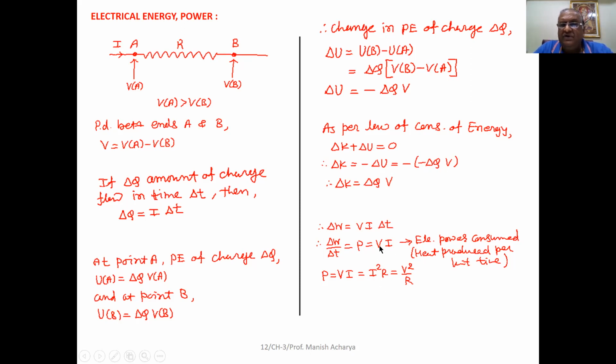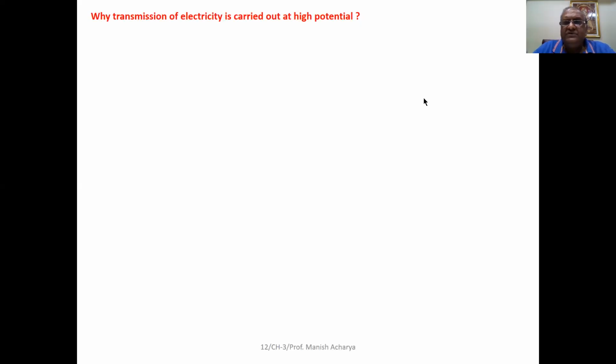If we substitute V equal to IR, then power P will be I square R. If we substitute I equal to V by R, then power P is V square by R. So we can say this is the electrical power consumed, or the heat produced per unit time in this process. Clear to all of you? Now see,